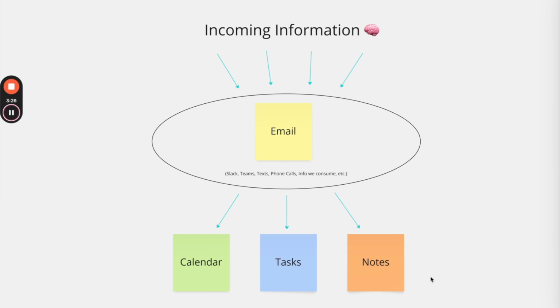Emails. So emails, meetings, these are often the birthplace of notes. Maybe you receive an email that sparks a new idea, or the email could be a meeting recap or just something that you want to remember. That would go straight to your notes for safekeeping and potentially processing later.